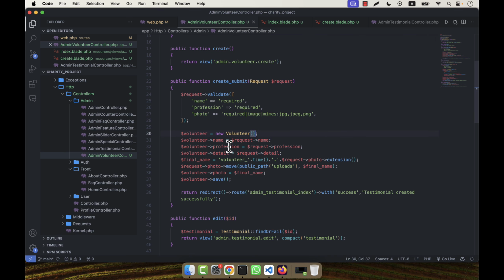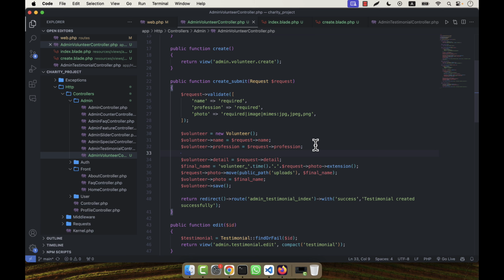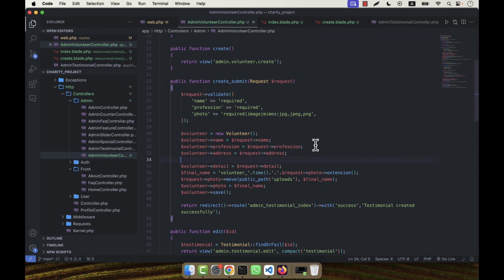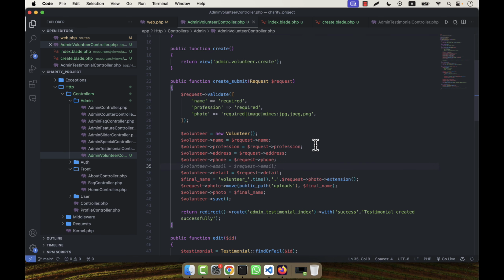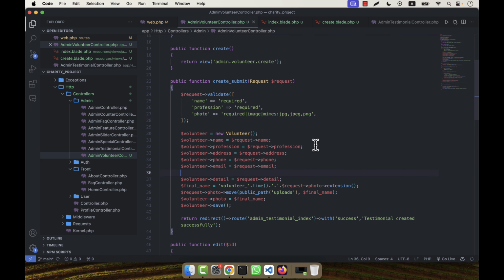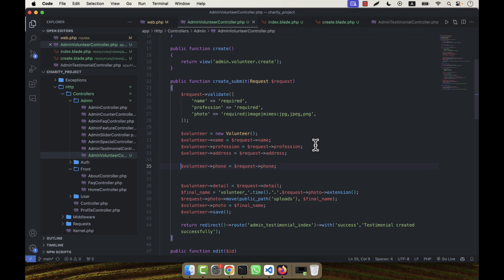So name, profession, photo, detail, and all other fields I will apply here now. So what are the other fields? Here volunteer, this will be address. So this is address. Here I am going to put address. So after address there is phone, there is email, then what are the other things? Email in the top, address, email, phone, and then there is website. So here I put website,